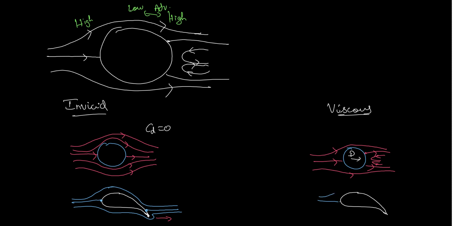Flow goes over the top, it will come as usual. When the flow comes over the bottom, here it will see an adverse pressure gradient near the trailing edge between the top and bottom of the surface, because this is a high pressure region and this is a low pressure region. But the flow will not turn, because when we consider a viscous case and we have an adverse pressure gradient, then flow separation occurs and the flow just goes like this. The flow will get separated from the body and it will just go like this.